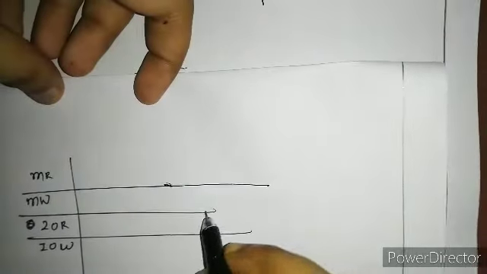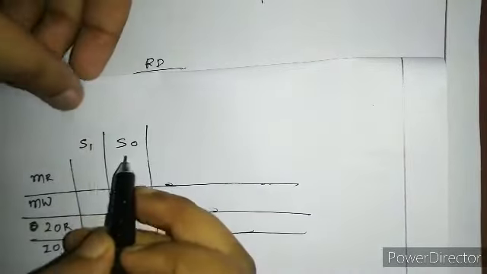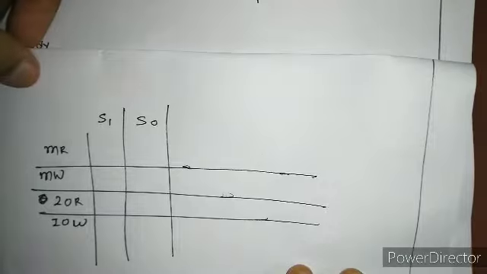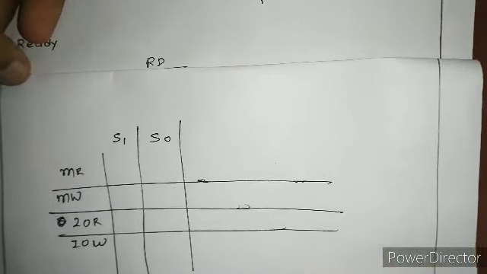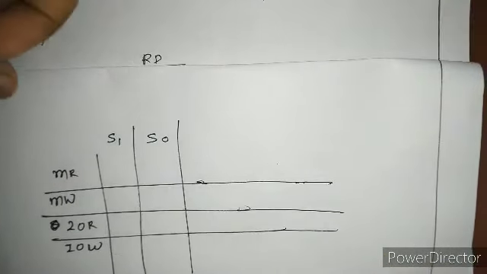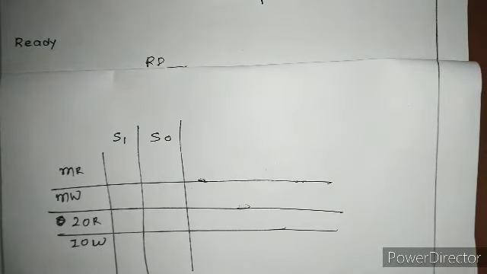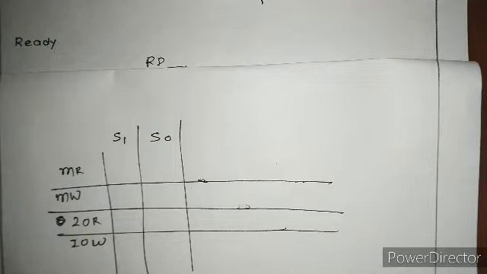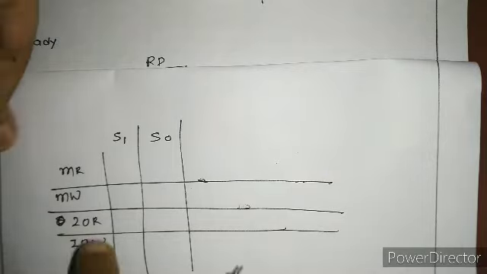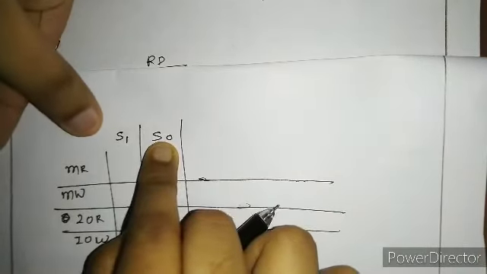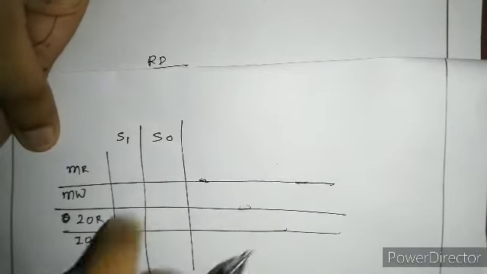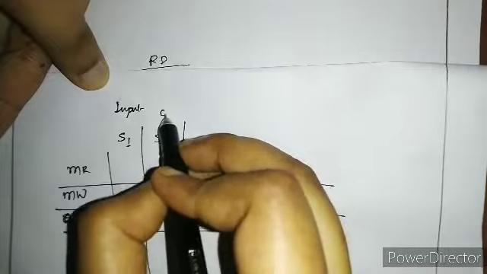Now maybe you've seen pins called S1 and S0. They are pronounced as S1 and S0, but for better memorization, we pronounce them as S input and S output. There is nothing wrong in it, but this is not the theoretical term, okay? Please don't say this is S1; pronounce them as S1 and S0. But this one is for input and this one is for output, okay?